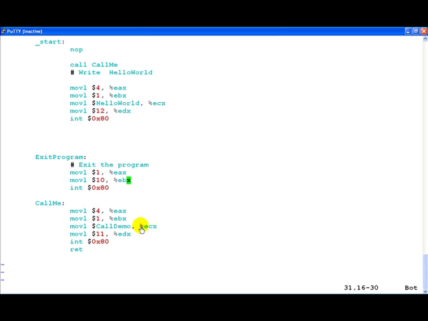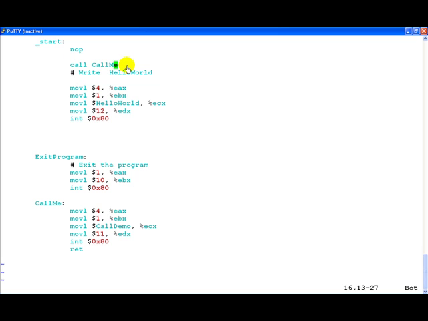The only point to remember is that when you call, it will change the program execution flow unconditionally to the label you mention in the call instruction. All the execution there will finish. Finally, a ret statement needs to be there, which signifies the end of the call me or whichever routine. When hitting this, the transfer of control goes back to the next statement after the call statement.